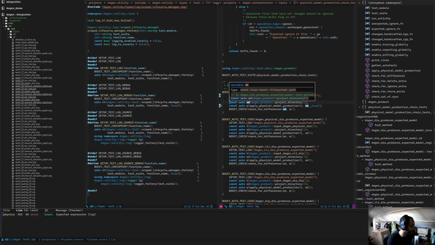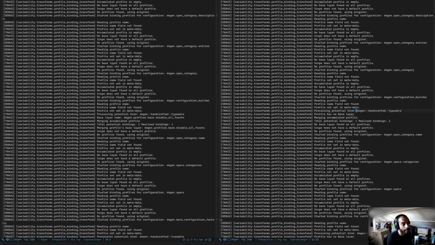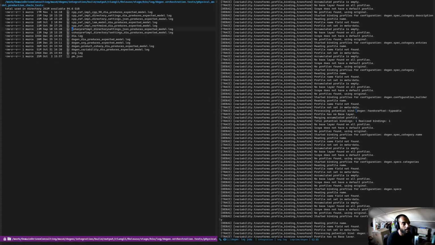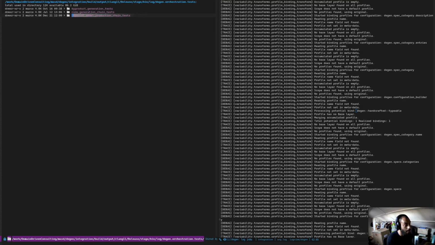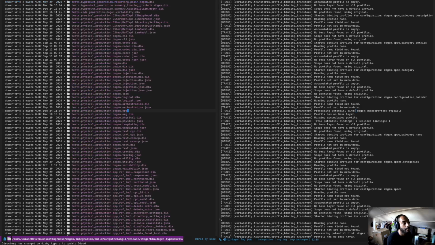So one thing we could compare, and the log file already revealed to us something not quite right with the logging, but we need more details, so let's look at byproducts. So here we are, we have Dogen.json in here,